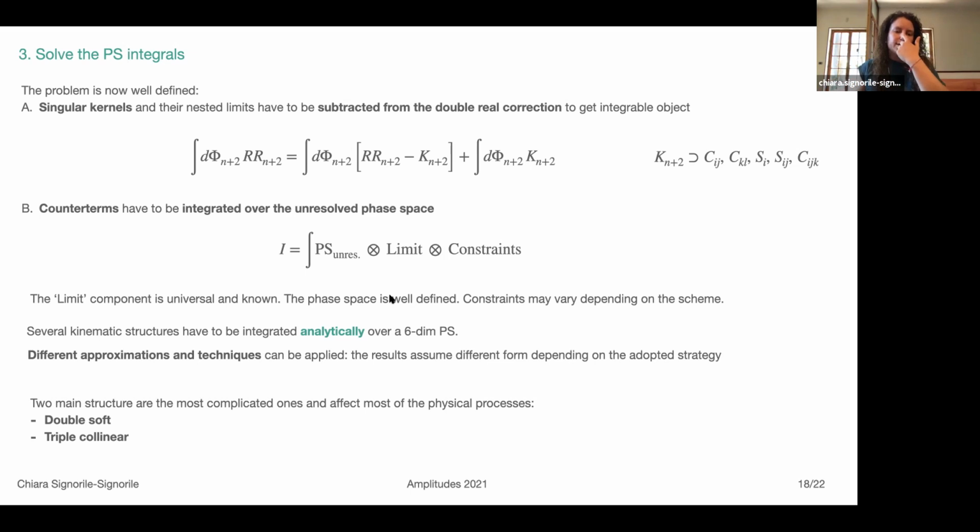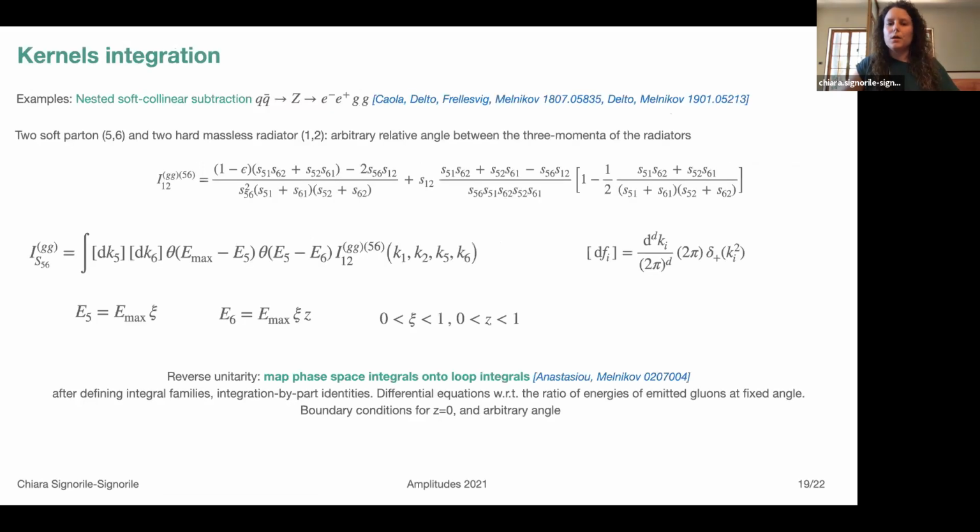So in the next 2 slides, I would like to present very briefly 2 different approaches to this kind of integrals. And in particular, I will focus on one of the most difficult integrals that we have to compute, which is the double soft counterterm. So I remind you the explicit form for the double soft current. And as you see here, it is a combination of Lorentz invariants. And according to the nested soft collinear approach, what we have to compute is this object here, where the phase space is the Lorentz invariant phase space, with some constraints on the energy.